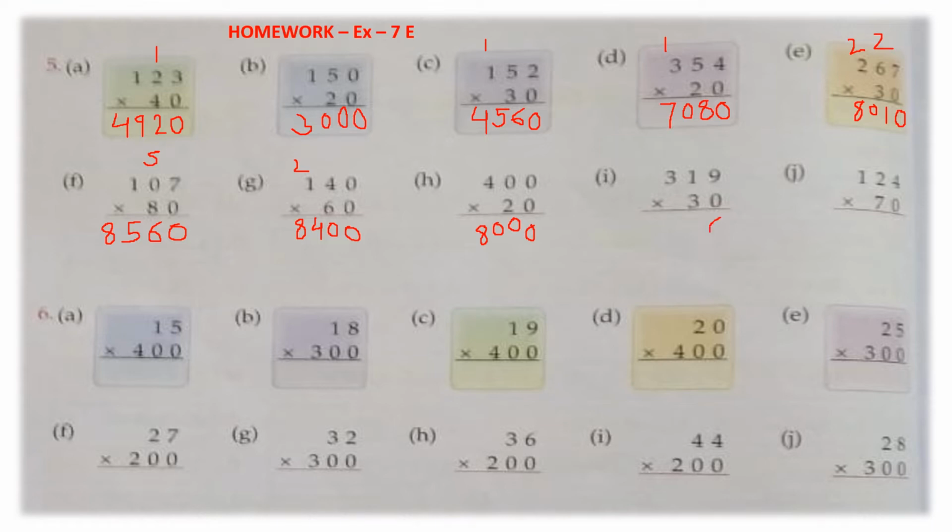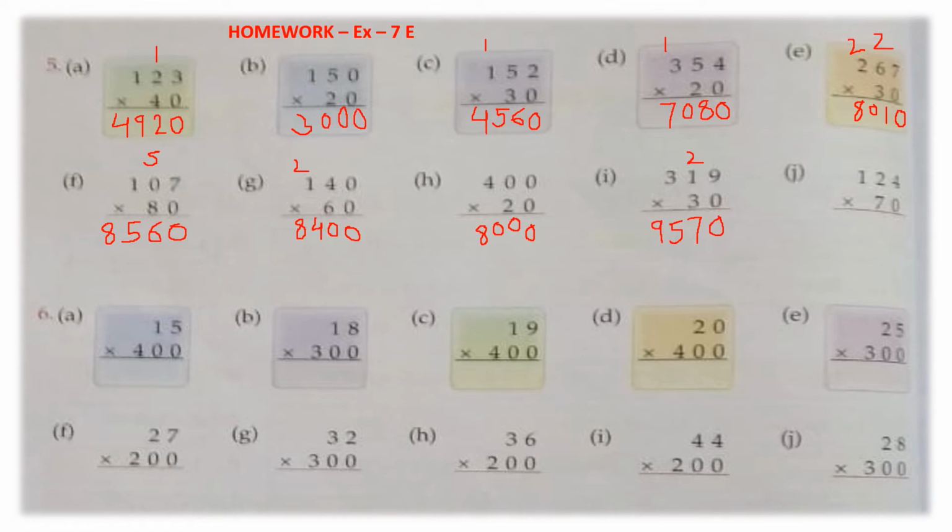Now I part 319 multiplied by 30. Now 1 0 is there at the ones place. Write down this. Now multiply 319 with 3. Now 3 nines are 27. 7 here, 2 carry. 3 ones are 3 plus 2 is 5. 3 threes are 9. So answer is 9570.